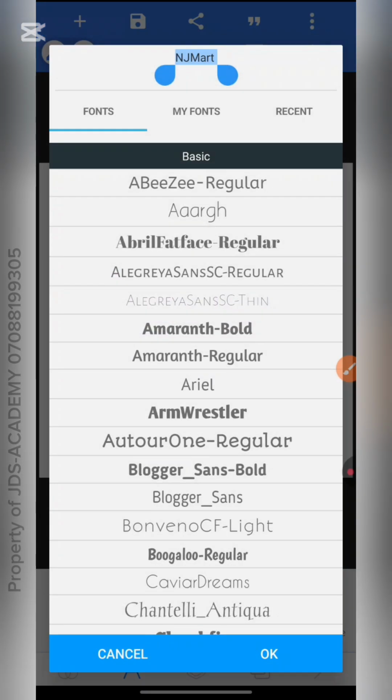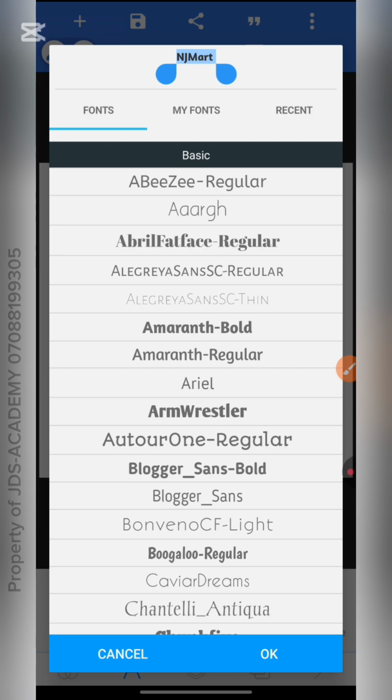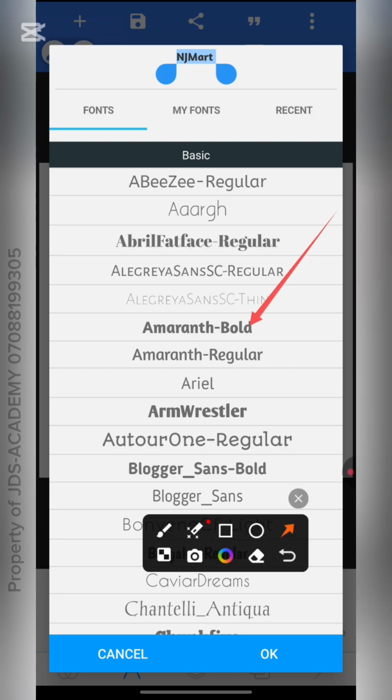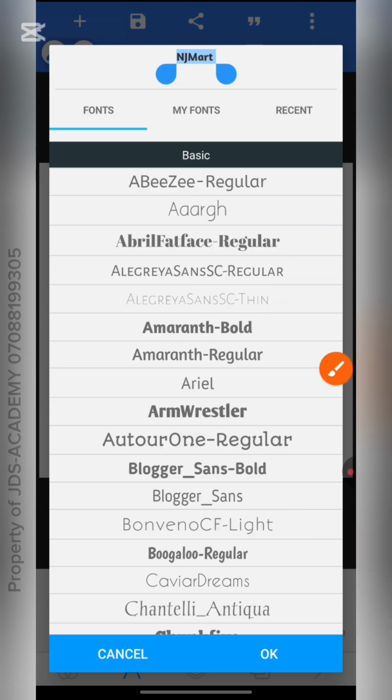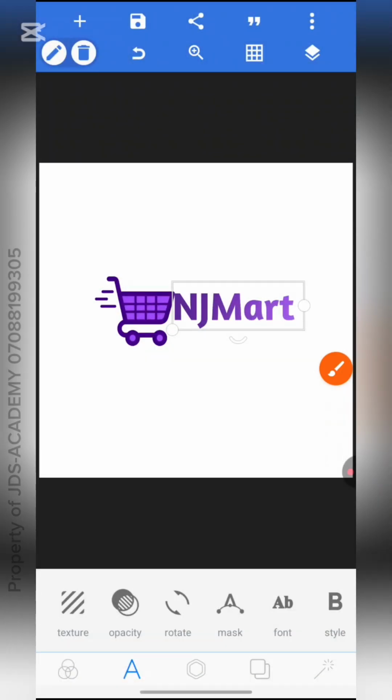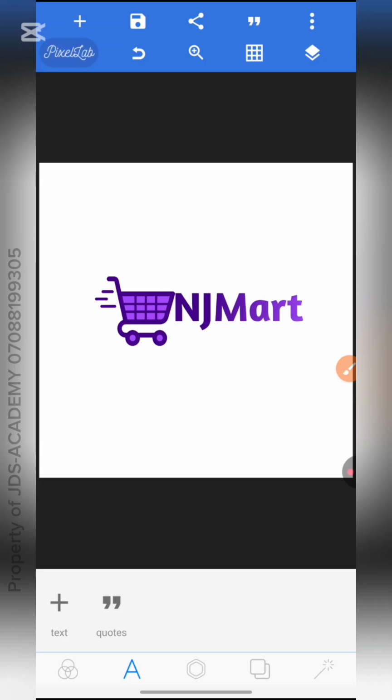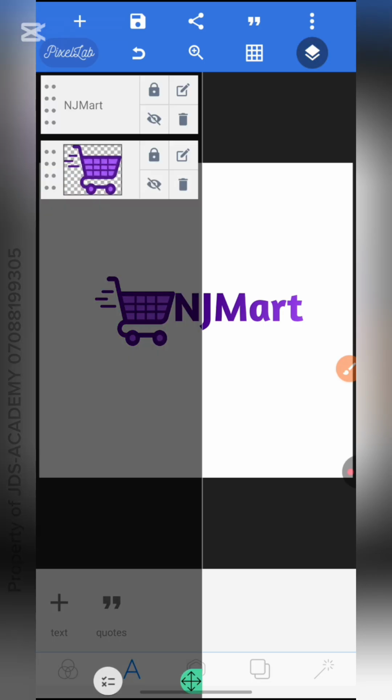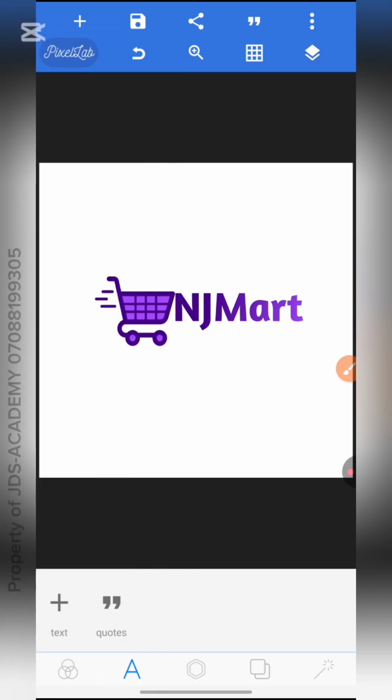We are going to be using this particular font, Amaranth Bold. This is the font I used, so you use that font. So you click OK. You can shift it a bit, you can also resize it and place it here. Good. So the next thing we will do, the business has a